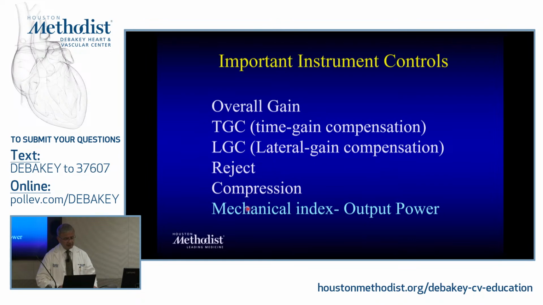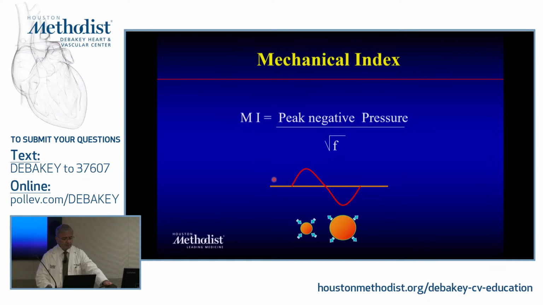Mechanical index, as opposed to all the others, mechanical index is actually the output power. All the others are reflected. So this is not the energy that you're sending. This is how you're processing the signal, enhancing it, decreasing it. You're not doing anything to increase the energy or destroy whatever other things that you're doing, okay? So the mechanical index is actually the output power. Mechanical index is peak negative pressure divided by square root of the frequency itself.